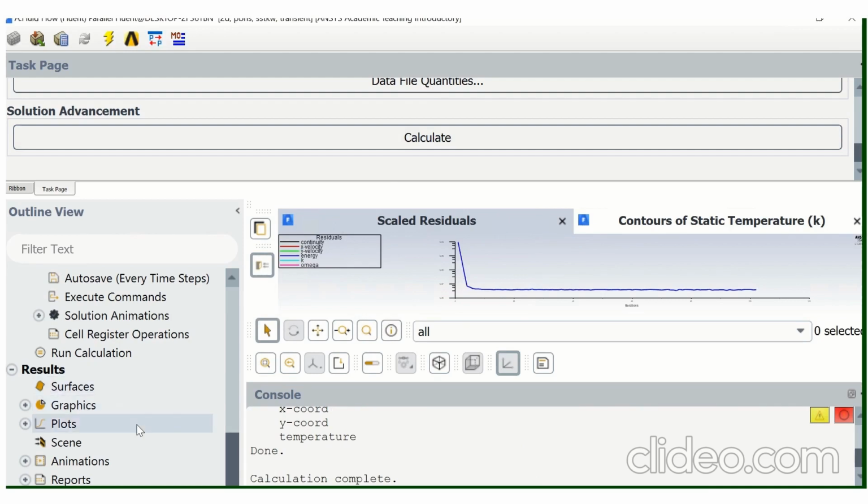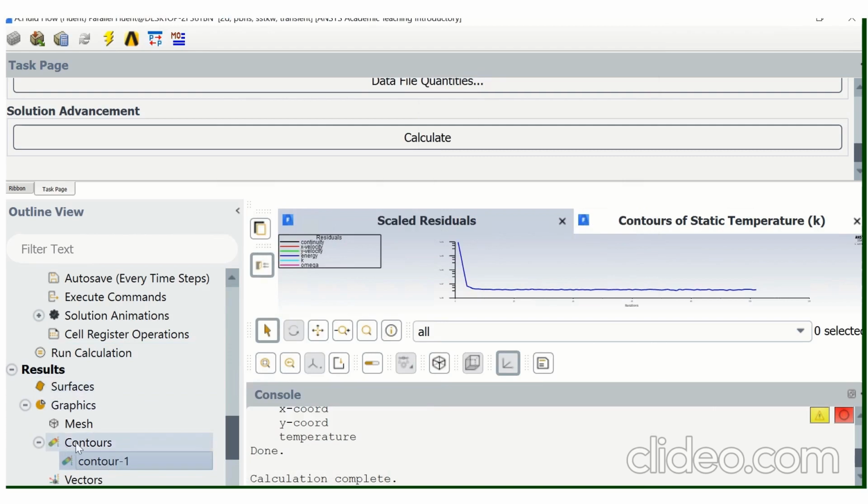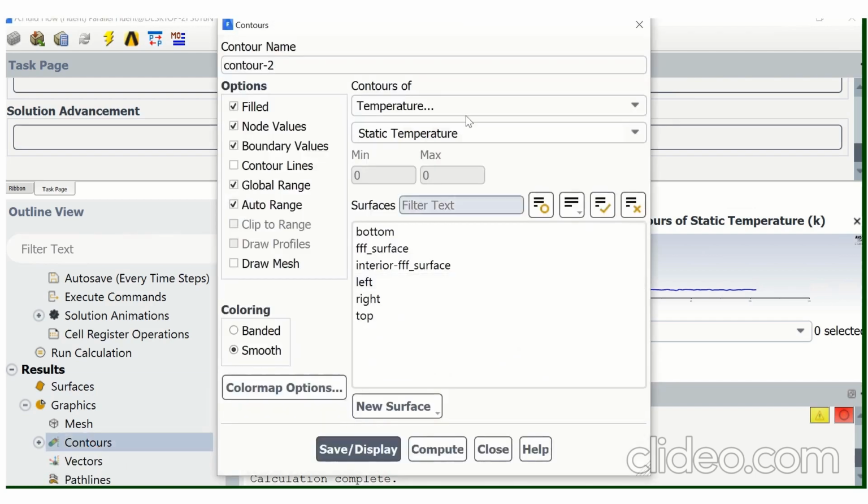Then if you want to show the contour, you can go to the results, then you can go to the graphics, then you can just click over here on contour, and you will see the contour, or just by clicking over here you can create a new contour based on your requirement. Just temperature static, just click save and display, you can compute.